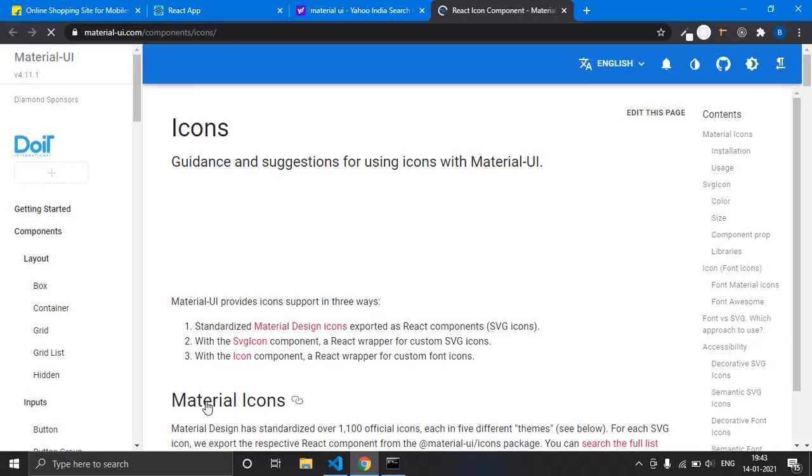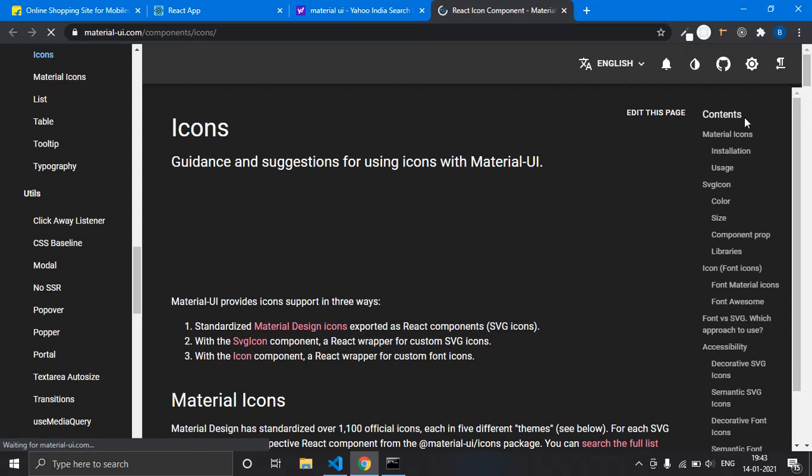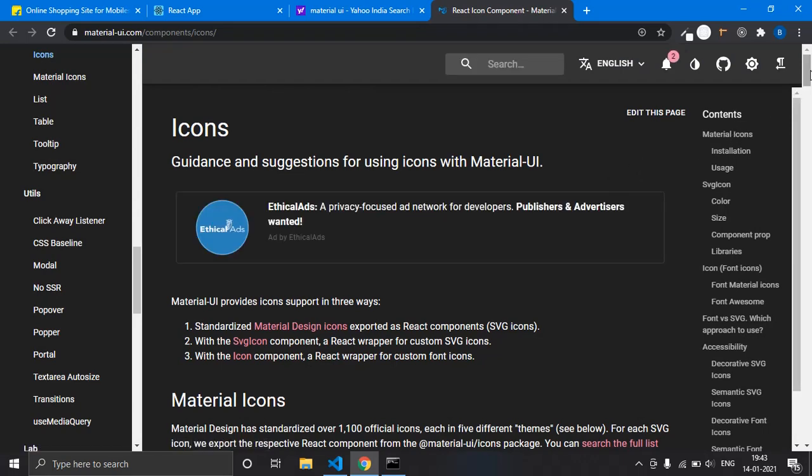Okay, I press on this React icon component. Now just press on it. See, this is the home page of icons, right?